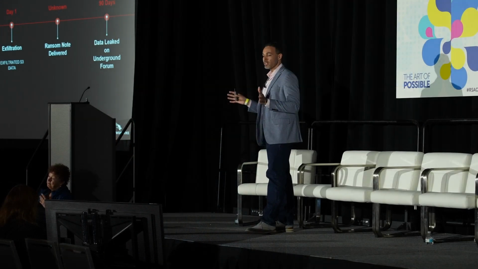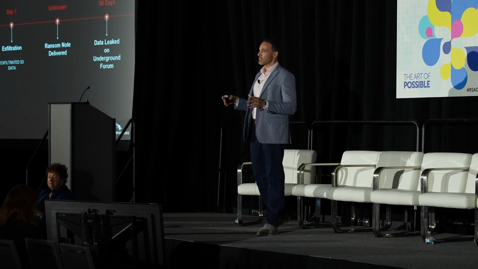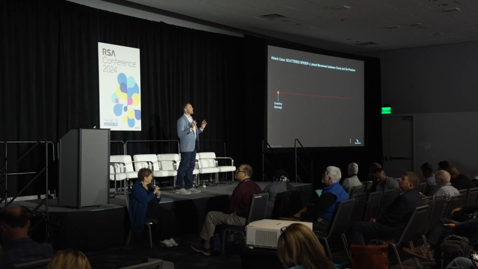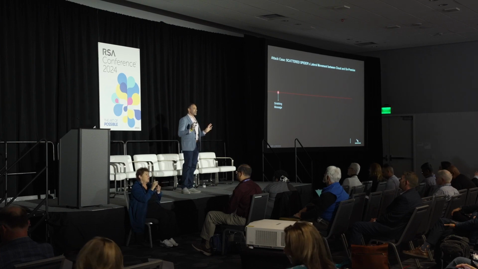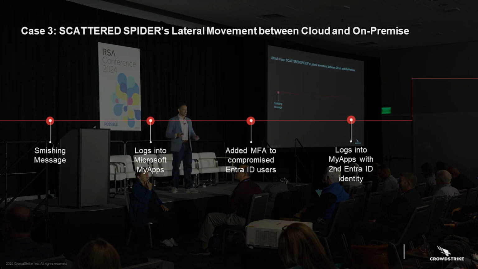So that's one example of how these adversaries are opportunistic. They're going to find that data, they'll exfiltrate it, they'll get it out as quickly as possible. But let's talk a little bit about a more sophisticated approach to Scattered Spider's tradecraft. This is an instance where they actually got access to a cloud instance via smishing. I actually hate saying the word smishing. I don't know why, it's a little uncomfortable, but it is what it is, an SMS attack.